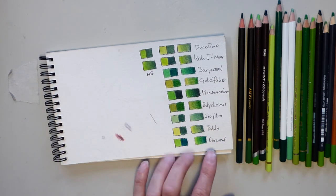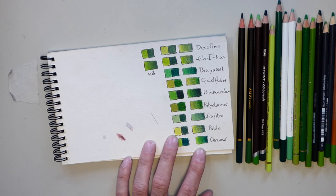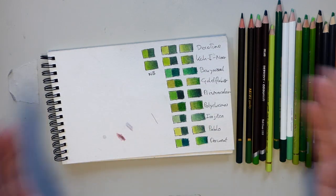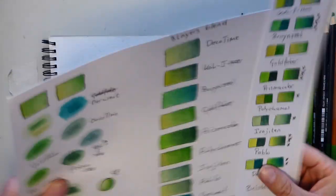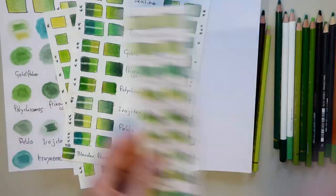And I know Derwent is promoted to the Coloursoft to do extremely well on this kind of paper, but it didn't do better than any of the others. So again, I didn't rate the paper, didn't rate the pencils because they just did all do well. So with all these papers I used all these various things. I just did the ratings, the tests, and then of course came to some conclusions, some end marks,